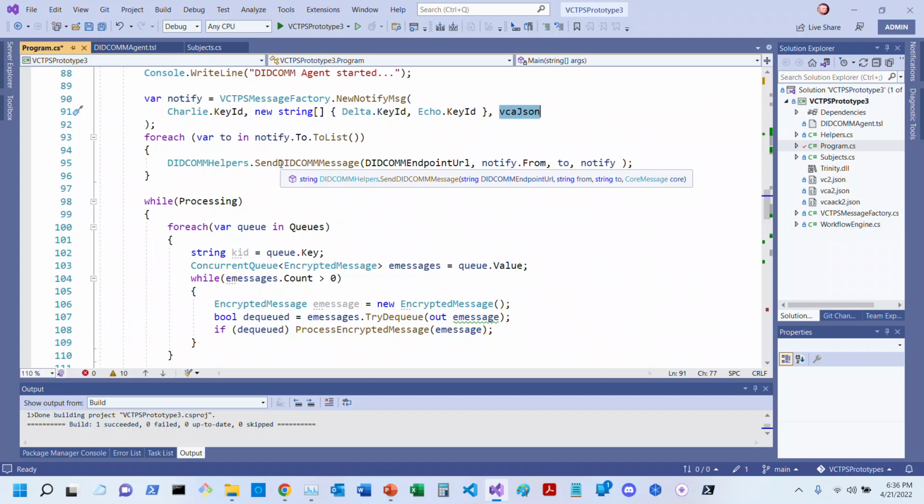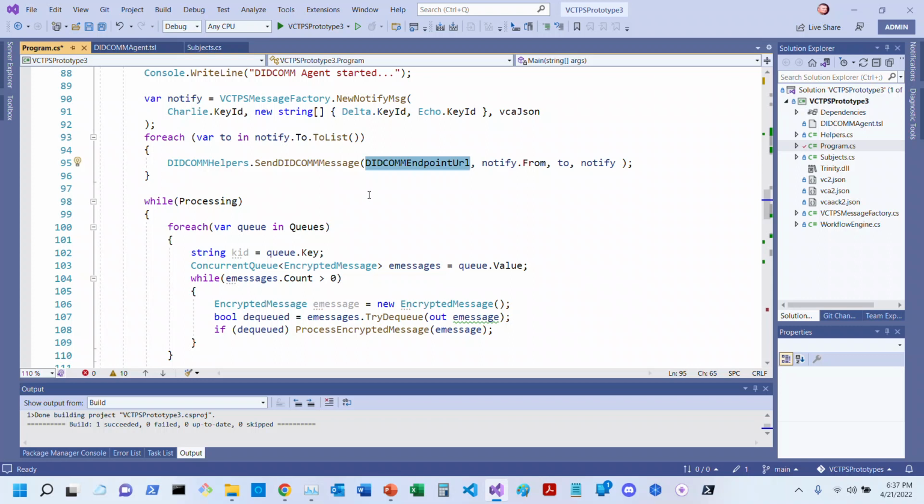It sends a payload, a verifiable credential, from one key ID to another key ID. And it sends them via this particular DIDCOMM agent endpoint URL. So in this case, we're going to get 2 notify messages being sent off, and